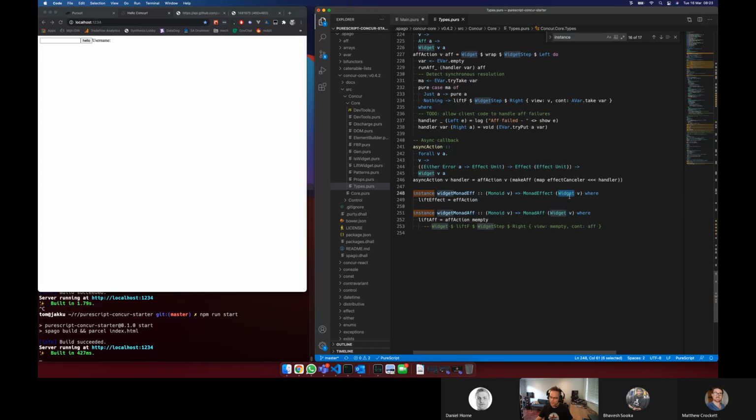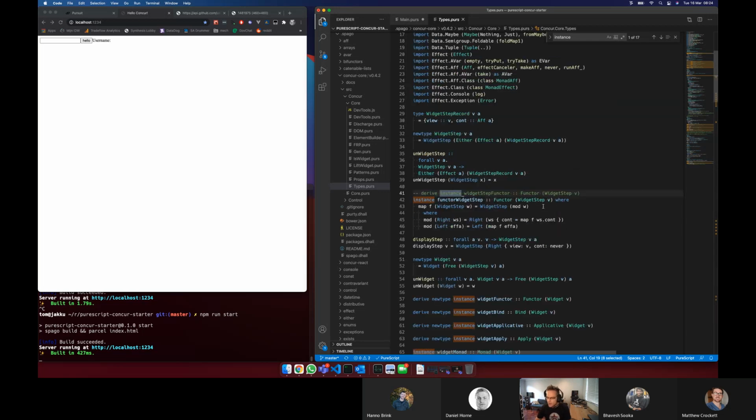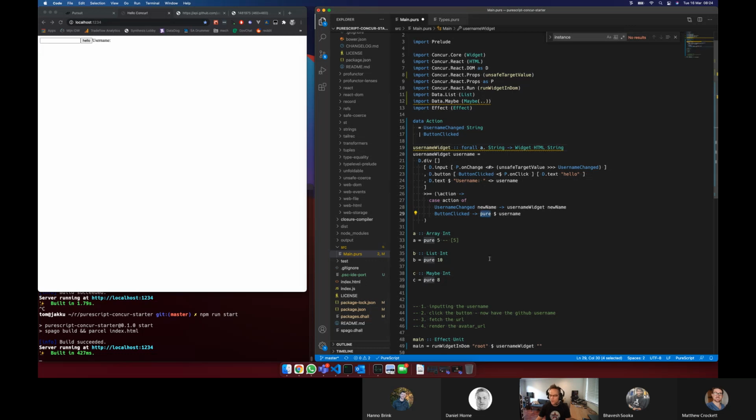He's got a whole bunch of things that you can expect to do on him. He has a monad effect, he has a monad AFF. Effect and AFF are related. And so we can expect to be able to use all of our cool functions that we know with these widget type things. Anyway,